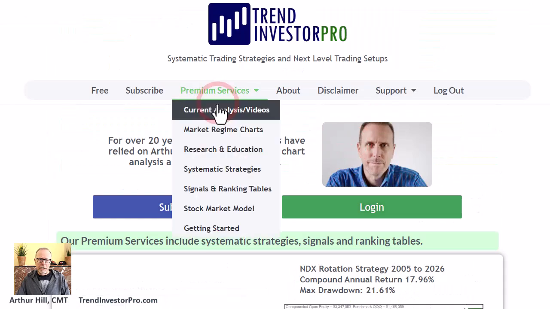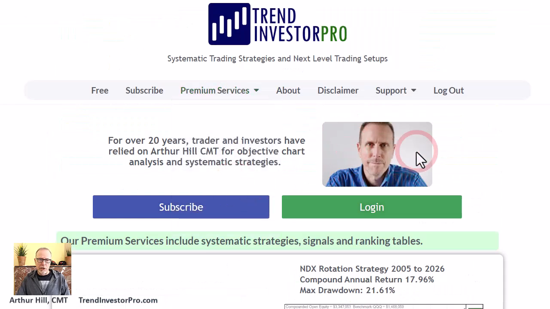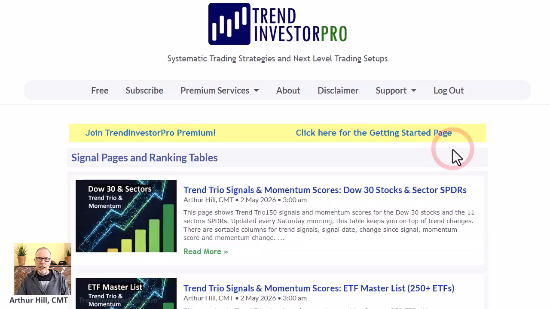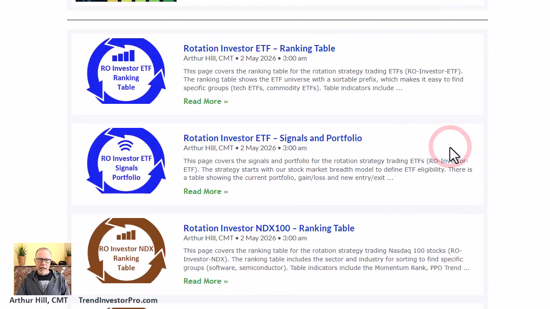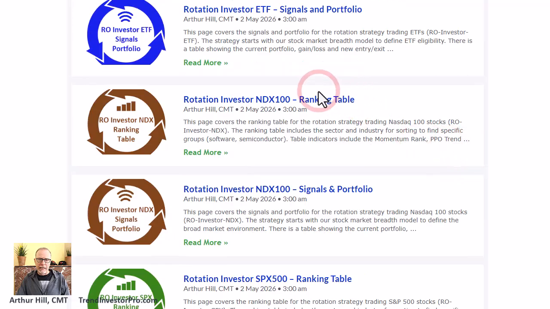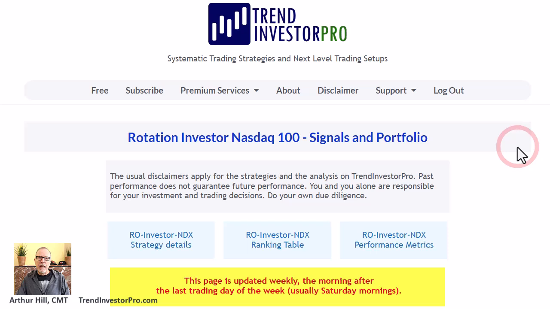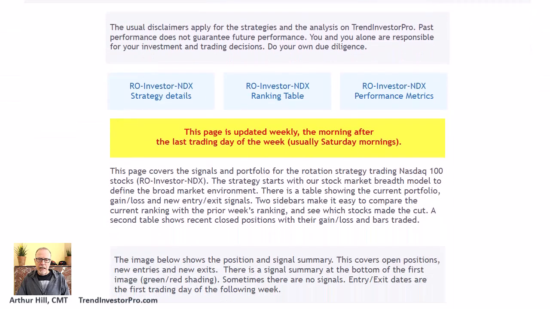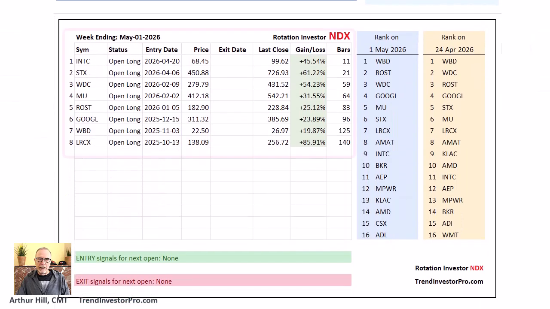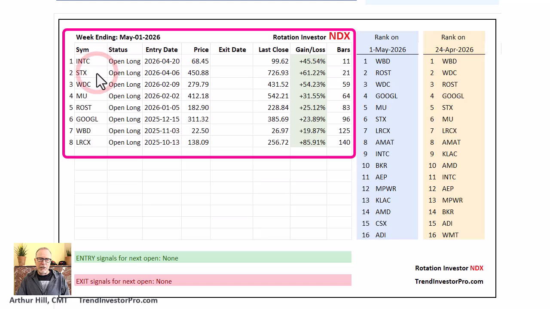So if I go up to the top of the page, this is a members only page, the signals and ranking tables. And if I scroll down, there's the NASDAQ 100 ranking table, signals and portfolio. And we've been running this strategy since November of 2024. And if we look at the current holdings, there you can see we've got Intel, Seagate, Western Digital, Micron,